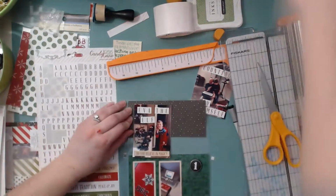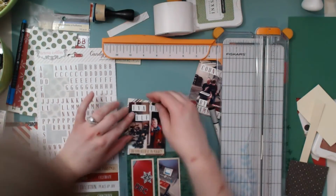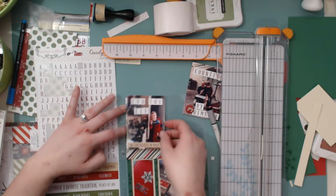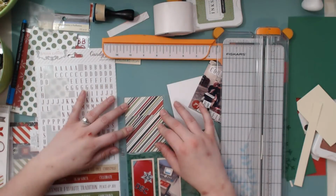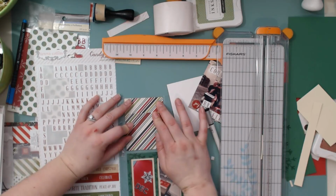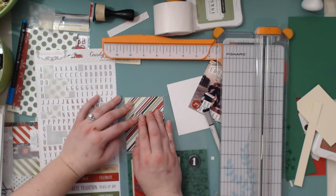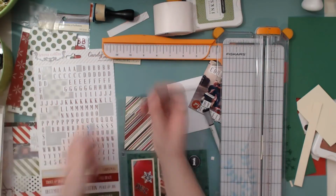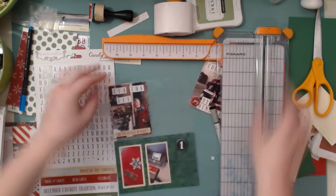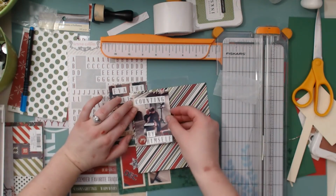So I had this scrap piece of paper that I'm going to end up cutting up and making a mat, and you can't even really tell that I glued these pieces together to make them work. So I mess with this quite a bit, and I think I'm just going to fast forward through this part because this is just a lot of messing around with that mat. Okay, so now I glued that photo down,